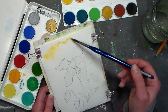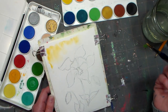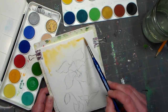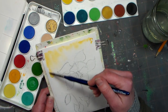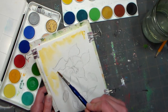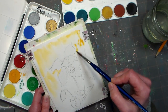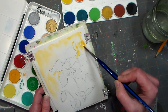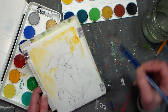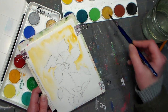Now, the thing I liked about this that I didn't like about the other one so much is that this color really seems to flow, even though it's an opaque color. A lot of times the opaque watercolors feel like children's paints because they feel like they have so much filler in them, like there's not enough pigment and they won't flow on your paper. Like the transparent ones I didn't think flowed that well, and these are flowing very well, which is something that you don't see with low quality